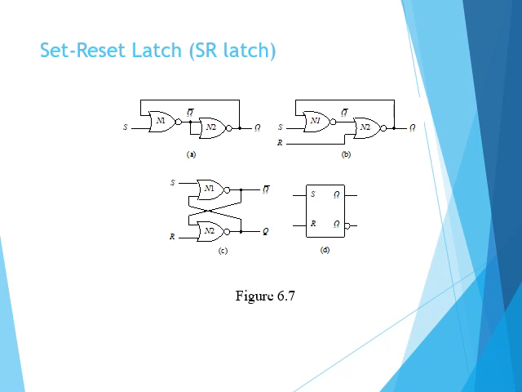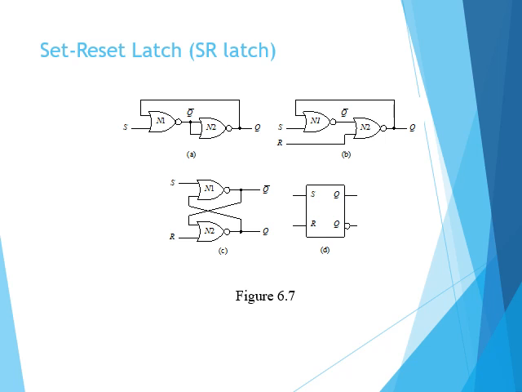Next, we have some types of latches. What are the types of latches? SR latch, D latch, D flip-flop, T flip-flop, and JK flip-flop. Here we first look at the set and reset latch. It is shown with the NOR gate implementation. It has feedback from output to input. The cross-coupled feedback path is enabled in the set and reset latches.